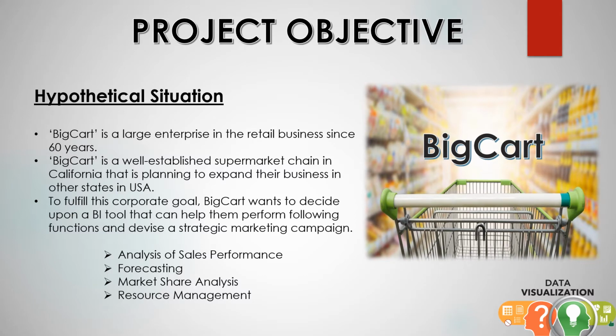Project Objective. Our team has considered the hypothetical example of BigCart. BigCart is a large enterprise in the retail business for 60 years. It is a well-established supermarket chain in California that is planning to expand its business into other states in the United States of America. To fulfill this corporate goal, BigCart wants to decide upon a BI tool that can help them